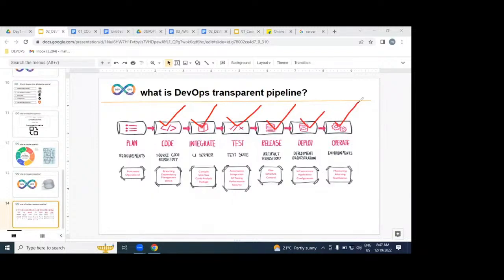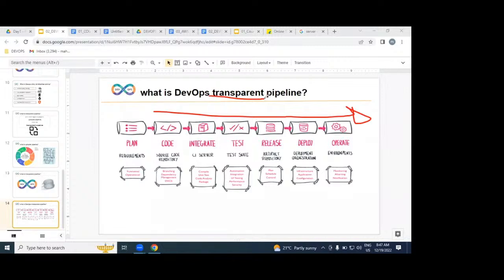Understood very clearly? To be frank, while implementing this DevOps process, we are not writing any code. We are not writing any test cases. We are just implementing an automated, transparent pipeline. Why?